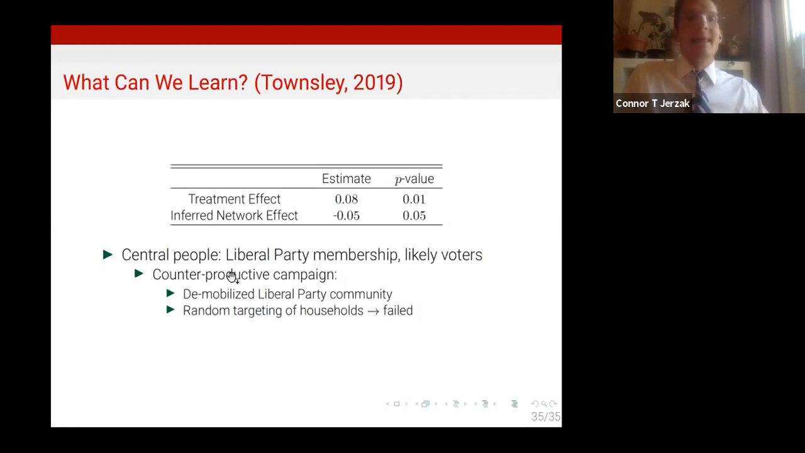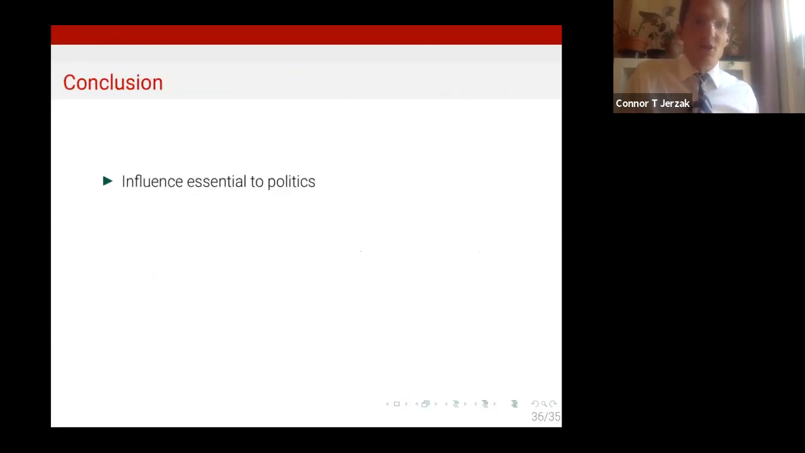results from this analysis in the sequential design of experiments in order to target different sorts of people in order to maximize turnout or in order to produce some effect. So this can not only tell us something about influence structures, but it also potentially can be used in the sequential design of experiments. So just in conclusion, influence, I think, is essential to politics, and this is essential not